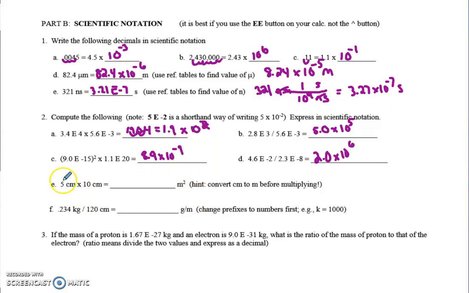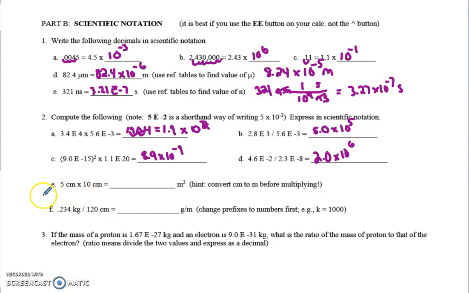All right, now for this next one, this is a little tricky. I want to get a unit of area in meters squared. So there's a hint. It says convert centimeters to meters before multiplying. Because it's a little more challenging to convert square centimeters to square meters. So it's just always easier to convert each unit of measurement to the unit that you're trying to get to,